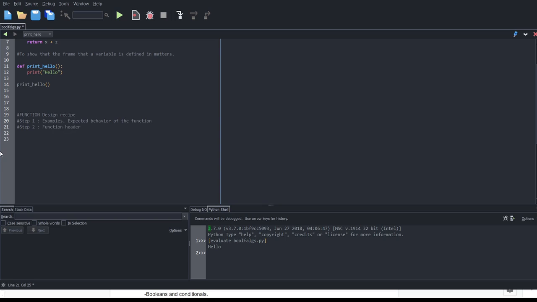Like, you could do the function header before you do the examples, but we could just follow the book. The function header, like this is the definition, and you want to comment or indicate the data type of the parameters and return value.